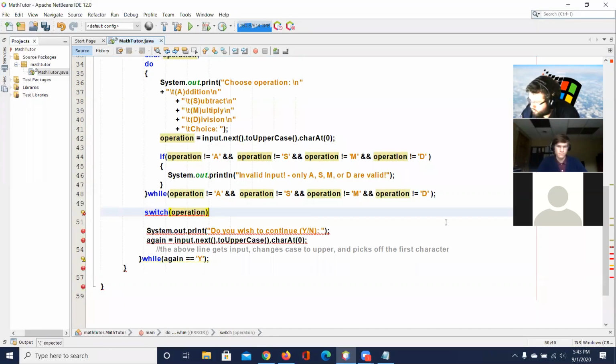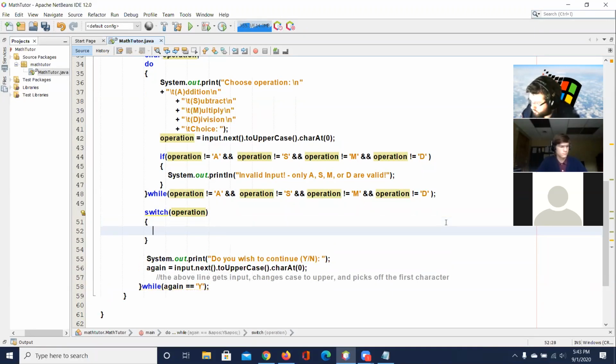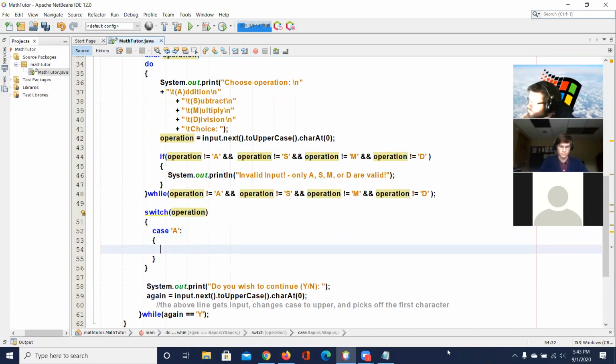I think. Let's see if it'll work. And then case. What is it? A. I don't know if this is going to work right. I might have to use... Okay. So then,